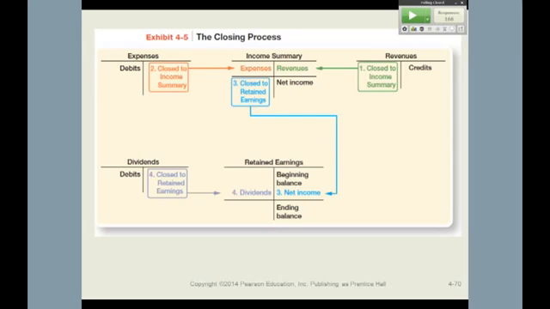The question is, how do the closing entries relate to the worksheet? Now, remember, the worksheet allows you to do lots of things. It allows you to look at the effects of the adjustments before you actually make all the journal entries. It allows you to see the effects on the financial statements before these entries are actually recorded. And then it's going to allow you to make the closing entries. So the closing entries also come directly off of the worksheet.